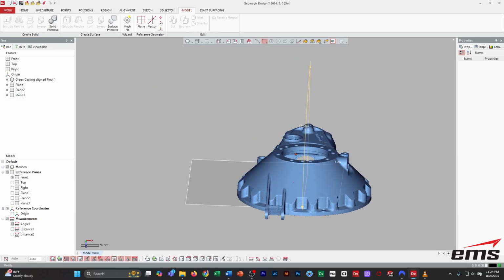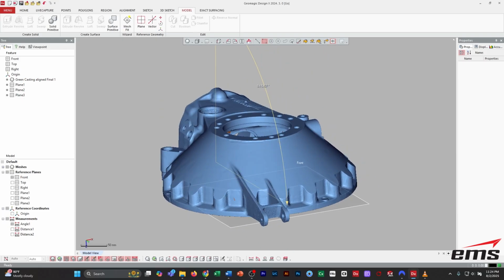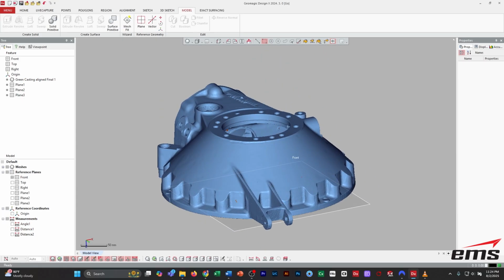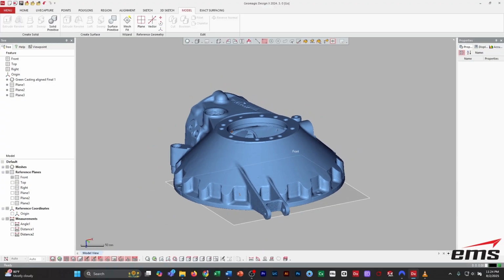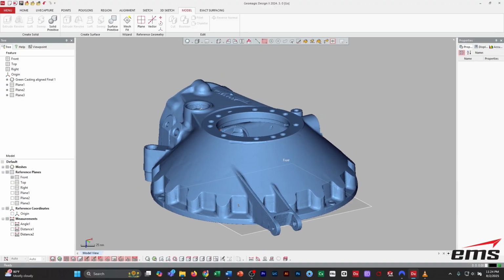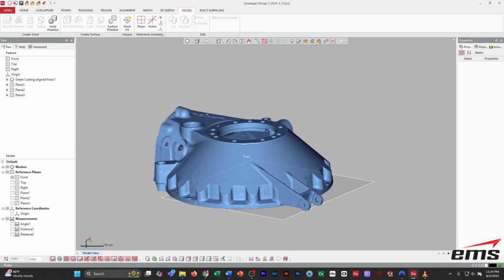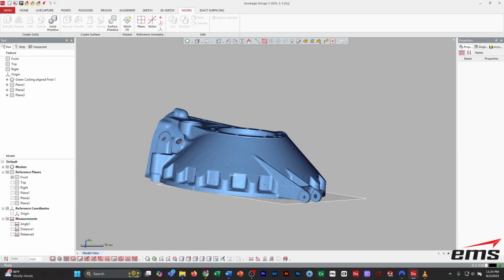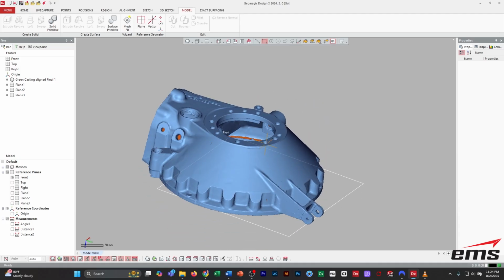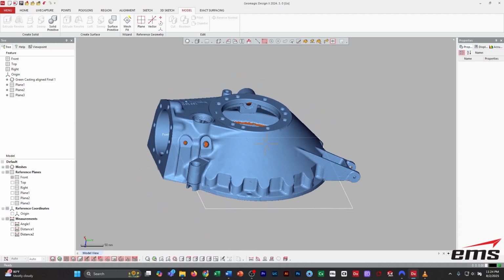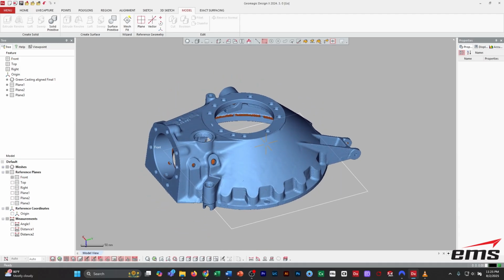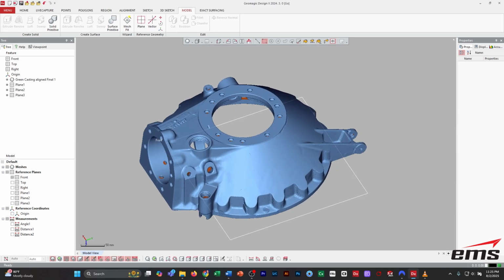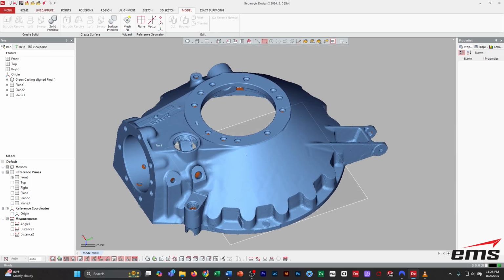Basically, we can go around. Let's just do a couple others, so I can turn off that dimension. So we've got that angle. Let's do a couple distances. Let's say we want to know the distance from this top plane here down to the bottom plane. Well, we've already got this main plane here. So all I need to do is come in, and we're going to do